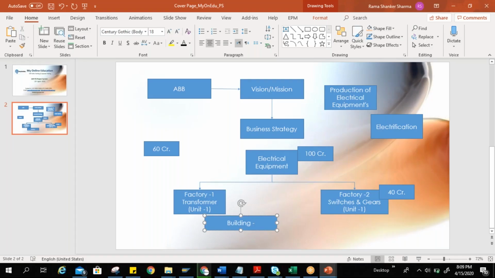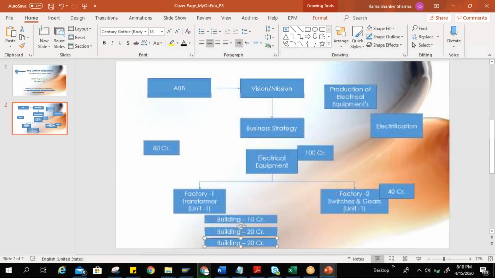Okay, in this building I need to do 10 crore of investment. I need one machine. Okay, let's say 10 machines. I'm saying 10 machines. The cost is 20 crore. And apart from that,